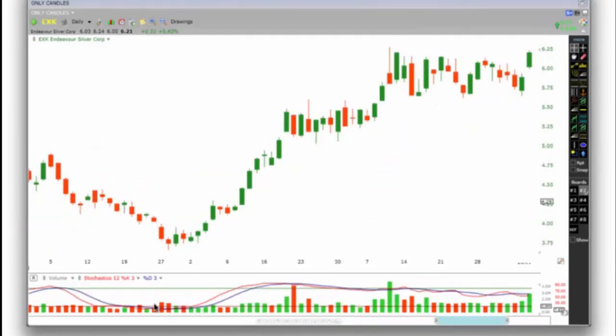Here, stochastic is in an oversold condition. We see a descending trend, a downtrend, at the bottom. This is not a full hammer. There is a lower shadow, which should be twice the length of the body, but it's almost twice the length of the body. This is telling us that buying pressure is coming up, taking the price up.